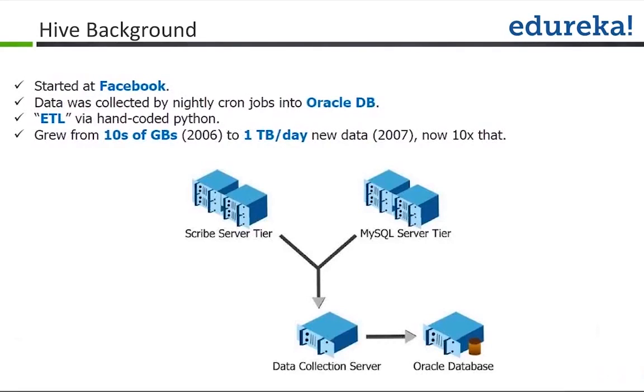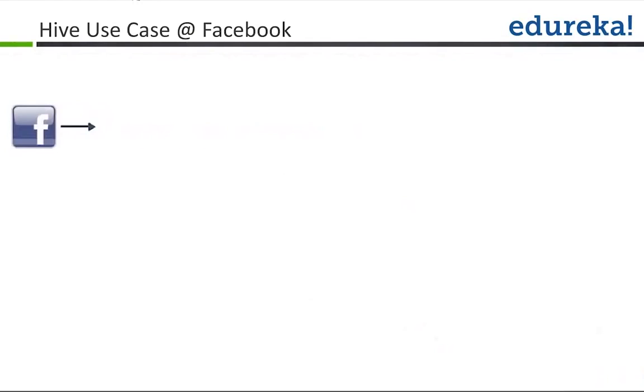So instead of having Oracle, because Oracle was not able to scale in terms of the requirement they had for the data, they started moving towards a big data kind of solution, and that's where Facebook became one of the early adopters of the whole Hadoop platform. And when they started using this Hadoop stack for storage of the data,